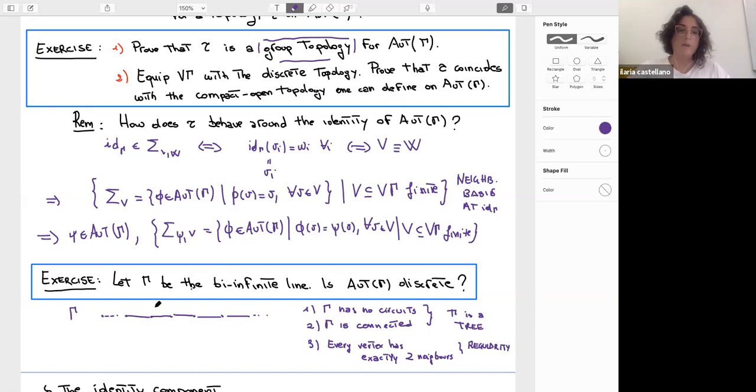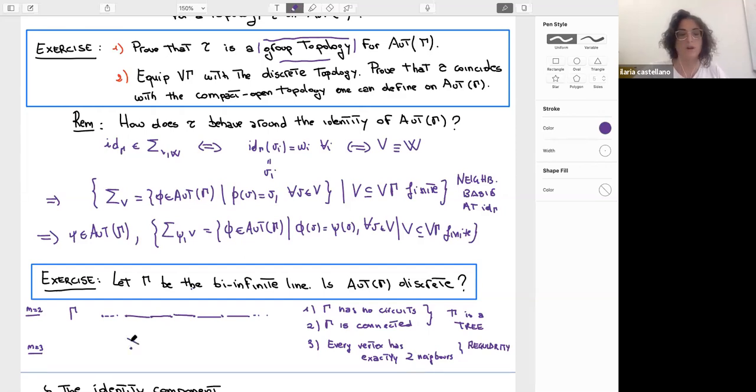So gamma is a regular tree where the valency, the number of neighbors, is 2. So this is n equal to 2. But you can ask for the same properties with the number of neighbors 3 or some other natural number. And for example, for n equal to 3, you have